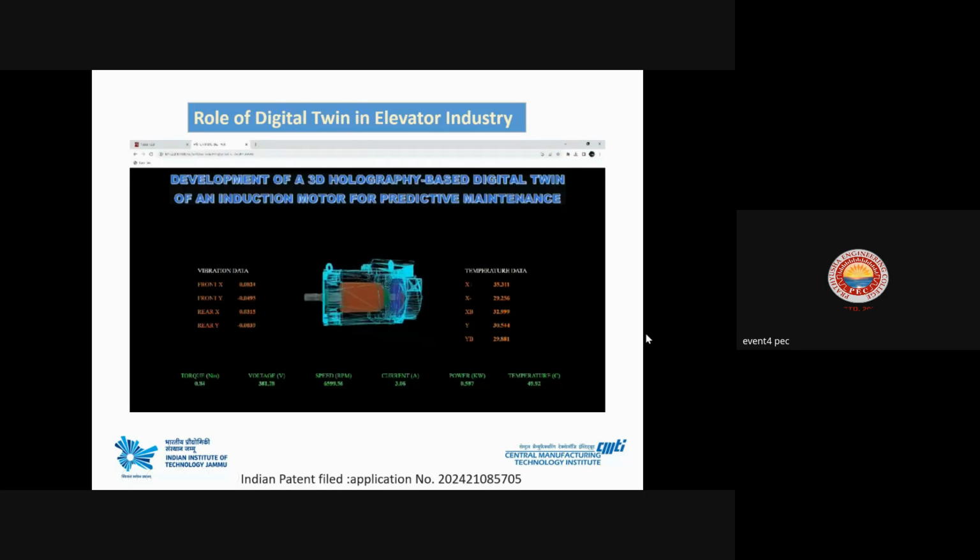And then if there is some malfunctioning happening, there will be an alarm popping up on this holographic display, and then the necessary preventive maintenance schemes the industry can take, and they can avoid actual failure of this motor well before the time, and then they can keep their production going seamlessly in order to meet